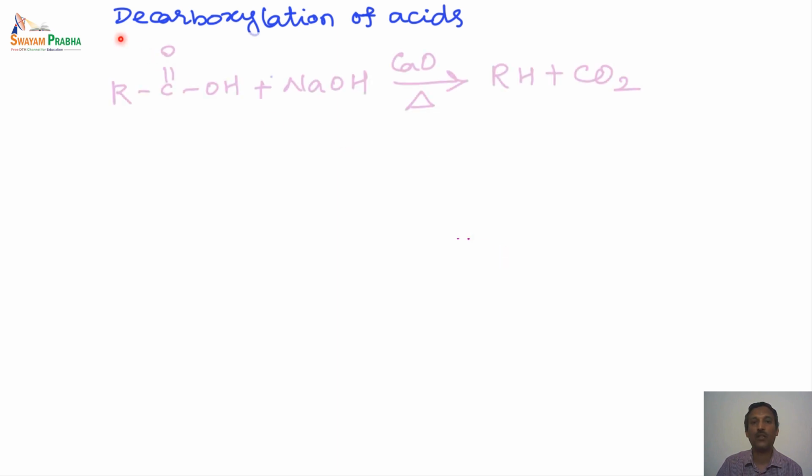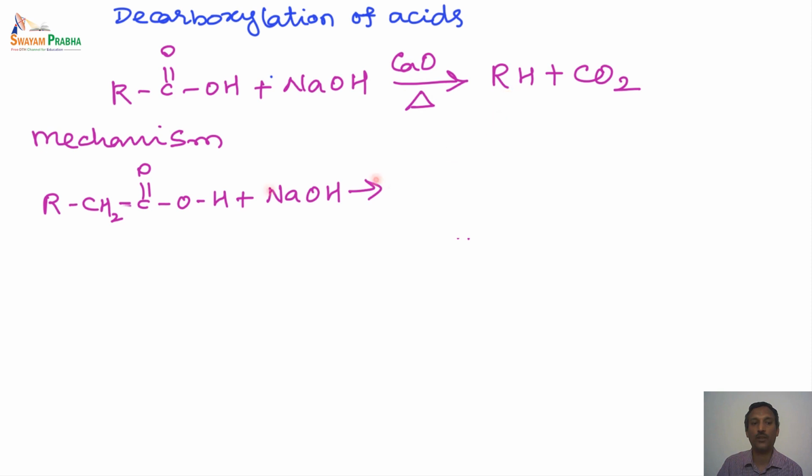The next one is decarboxylation of carboxylic acid. So carboxylic acid when treated with sodium hydroxide produces the sodium salt, which on heating with calcium oxide produces alkane and carbon dioxide. So the reaction mechanism, if we look at it, the carboxylic acid is converted to the sodium